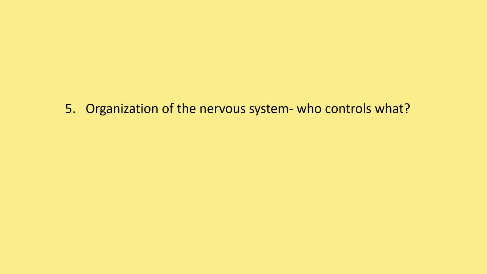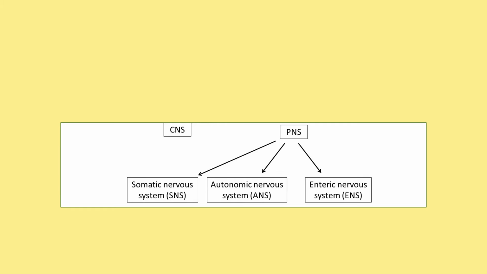Up next, we're going to discuss the organization of the nervous system in terms of which components talk to which sensory receptors and which effectors. So this is organization of the nervous system in terms of who controls what. There are many ways to depict the organizational framework of the nervous system. This is the most simple diagram that I have for you today, where the nervous system is fundamentally divided up